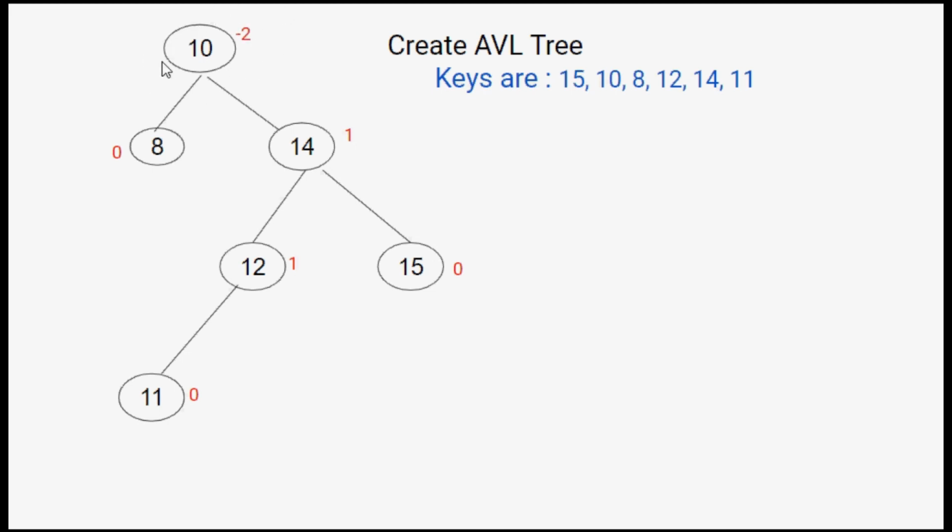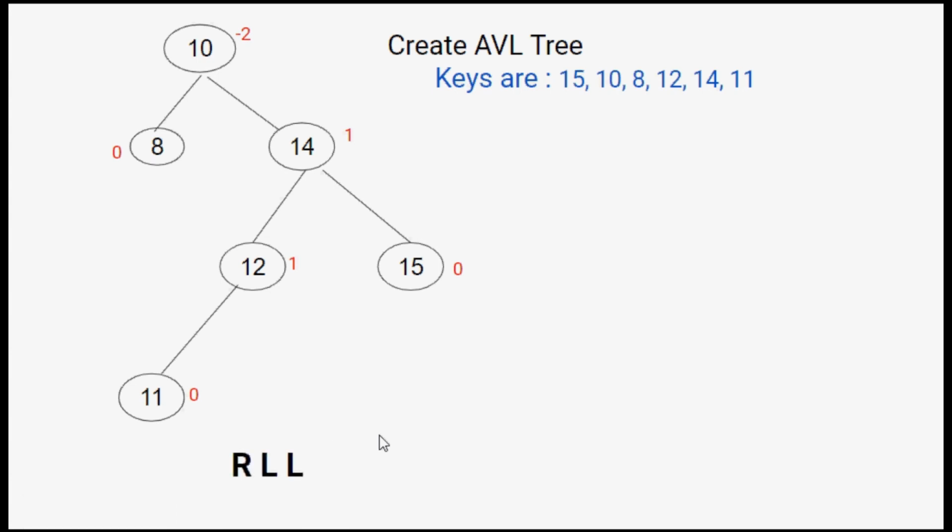Okay. Now we need not work on each and every node. We'll consider only those nodes which are creating imbalance. Okay. Now this is creating imbalance, so we need to work on these three nodes only, the nodes which are creating imbalance. Firstly, you need to understand how this imbalance occurred. This imbalance occurred because we have inserted a node 11. Now where have we inserted that node? On the right, firstly right, then left and then left. So that means RLL has happened: right, left, left.